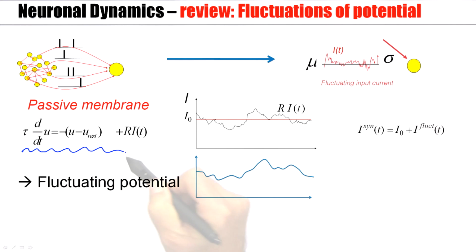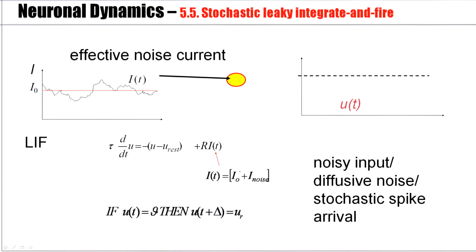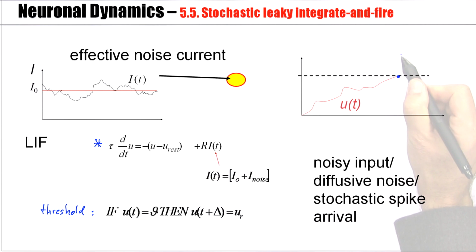described by this kind of differential equation, driven by a fluctuating current, that we can calculate the fluctuating membrane potential. The main difference to the case of a leaky integrate-and-fire model is that this linear differential equation is combined with a threshold and reset process. If the membrane potential hits the threshold, then a spike is emitted.